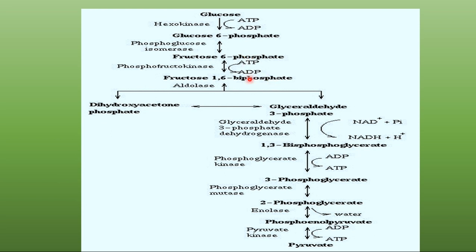The whole reaction is catalyzed by an enzyme called phosphofructokinase, which again requires magnesium ions for its activity. And it is a key enzyme in regulating the whole process of glycolysis. The phosphofructokinase enzyme is the key enzyme which regulates the whole process of glycolysis. The high energy bond of ATP is utilized for the synthesis of the low energy ester phosphate bond of this 1,6-diphosphate,